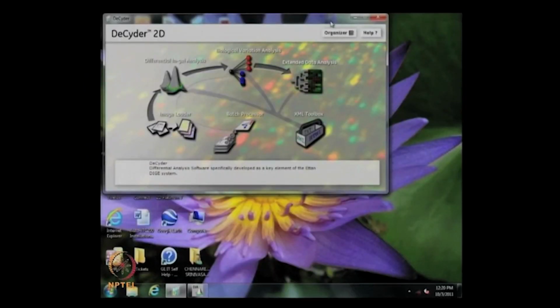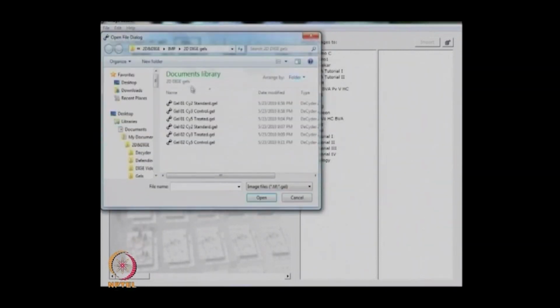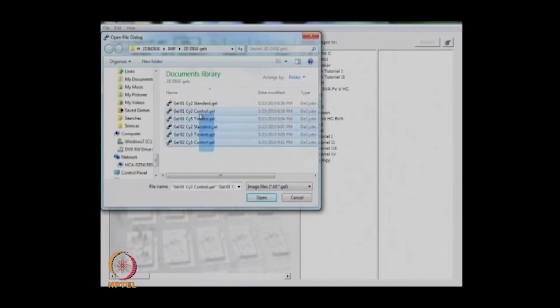Yes. So, at the end, I would like to request you to give a brief overview of the DeCyder software which is being used for analysis of DIGE gels. Sure. DeCyder is the software to analyze DIGE gels, where we can analyze DIGE gels in different stages. In the first stage, we have to upload our gels into the software. This basically works on an Oracle database, where we are incorporating our gels into the database. There you can add these gels into the software this way, and you can select which gels you want to upload,